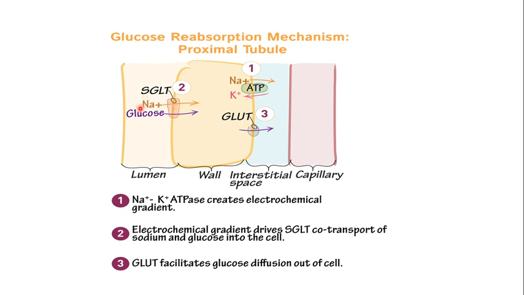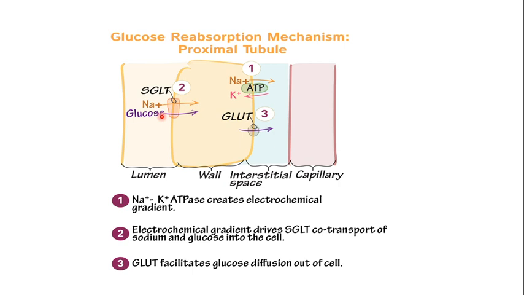Here the concentration of sodium is high in the lumen of the proximal tubule, and the concentration of sodium is low in the wall part of the proximal tubule, so the sodium is going to move down its concentration gradient. At the same time, there is a high concentration of glucose in the wall as compared to the lumen, but this movement of the sodium ions also facilitates the movement of glucose. Here the concentration of glucose is high, here the concentration of glucose is low, so the glucose is moving down its concentration gradient. And this movement is actually because of this electrochemical gradient that has been created by this sodium potassium